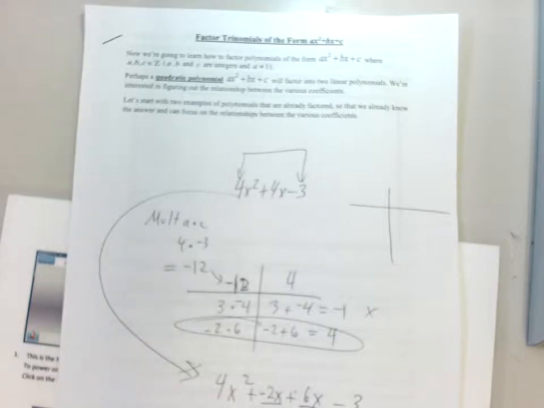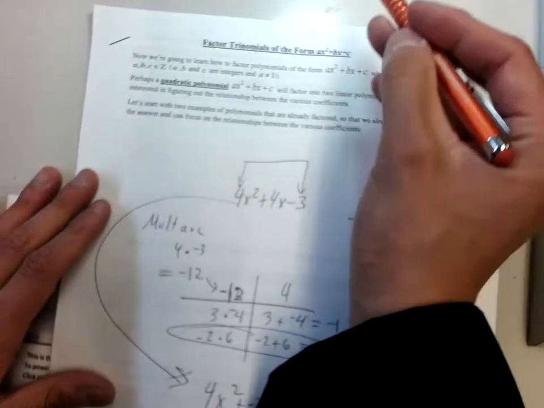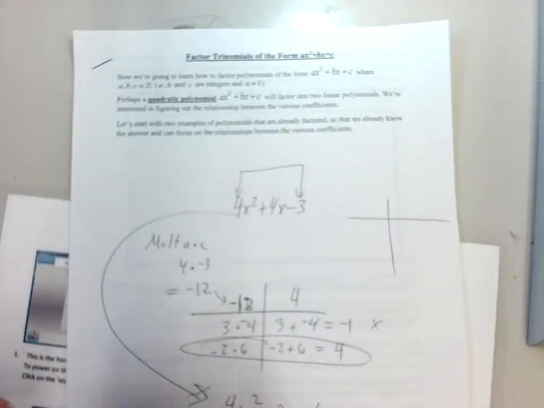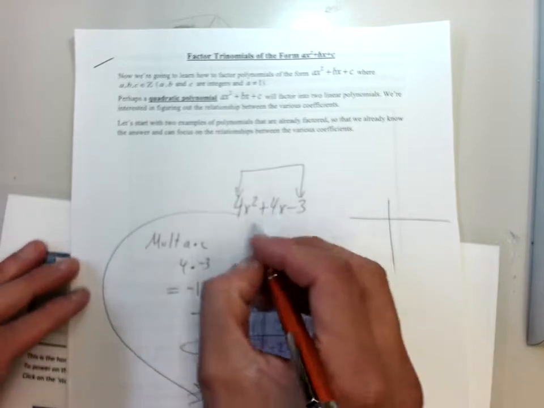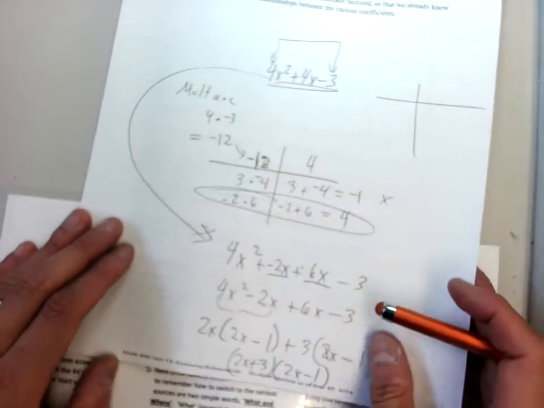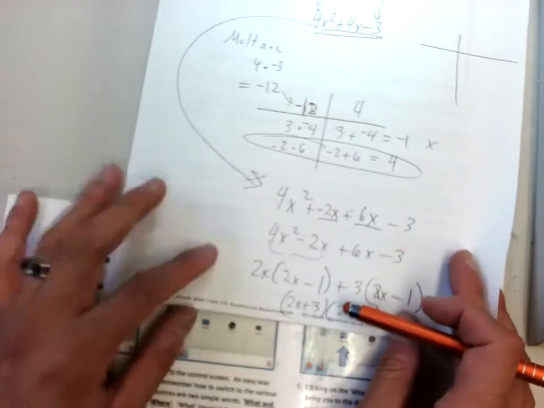We're looking at factoring trinomials now of the form ax squared plus bx plus c, and our goal is to go ahead and finish this up. We already practiced one of these. Our example in class was factoring this one over here. We went through the following steps, and you should have got this as your factorization here. Moving onwards over here,